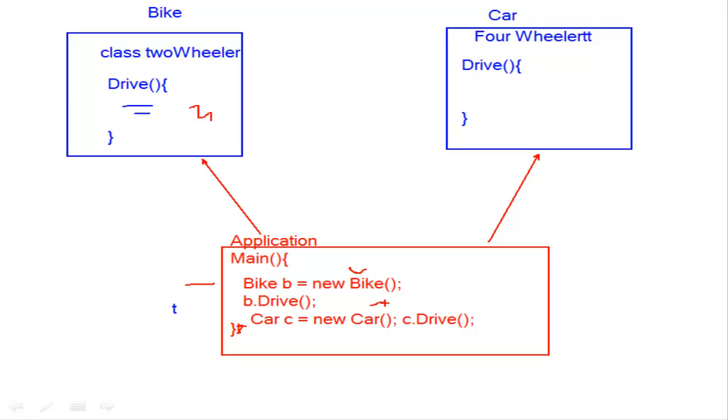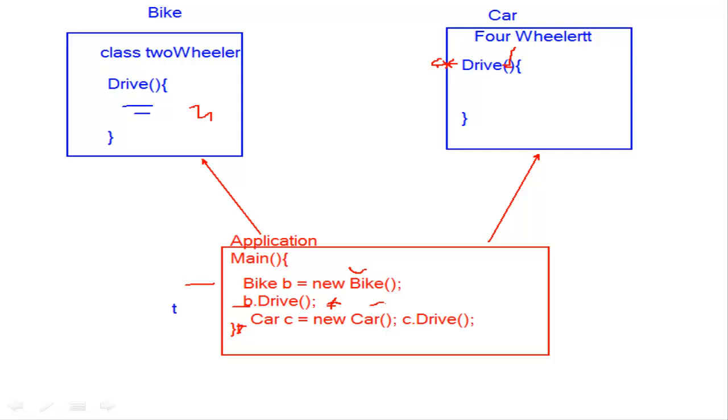And the other problem here is, if the structure of that bike and car changes. Let's assume that it is not returning anything. If it is returning an int, or if it is returning a float, and somebody says that, okay, drive car will return float now, and if I have not taken care, now I assumed here that it is just a void, it's not returning anything. Now I have to handle that problem. Or if somebody says that this method will take one parameter, drive, and the name of the person who is driving, then this application will break altogether, because there is a strong coupling.